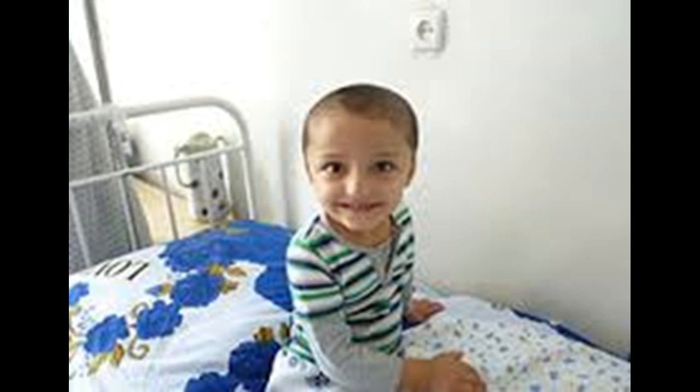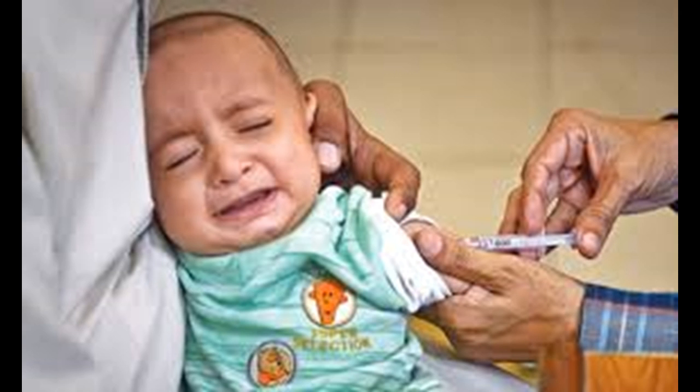There is no cure for polio. Doctors can only treat the symptoms while the infection runs its course. The most common treatments include rest, painkillers to relieve headaches, muscle aches, and muscle spasms, antibiotics for urinary tract infections, portable ventilators to help with breathing, physical therapy and/or corrective braces to help with walking,